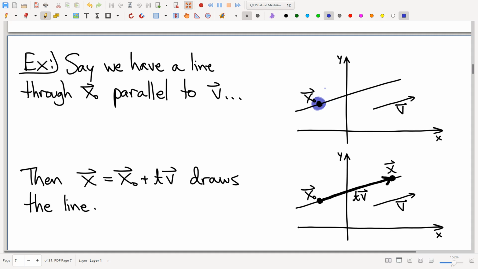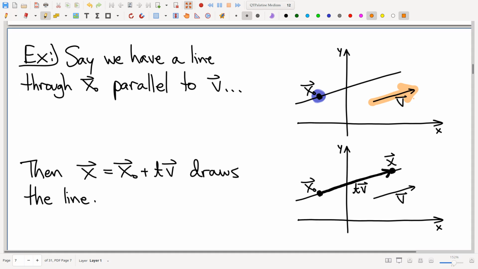That's not enough information. But if I say the line that goes through that point and is parallel to that given vector, now we have a fully characterized line. There is only one line that goes through that point and is parallel to that vector. Everybody happy so far? Okay, so given those specifics, how do I parameterize this line? And the clever observation here, again, we use vector algebra. If I have some other point on this line, calling it x, then notice